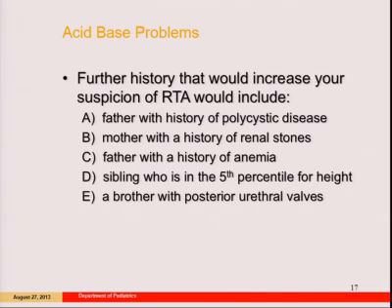Good, mother with a history of renal stones. If you're an internist, we don't see this often in pediatrics, but we do see stones. But when you see stones, one of the things they tell you to exclude is a very mild distal RTA. And why is that? Because you're not going to sit there with lots of acid in your serum. So you stuff it in bone.